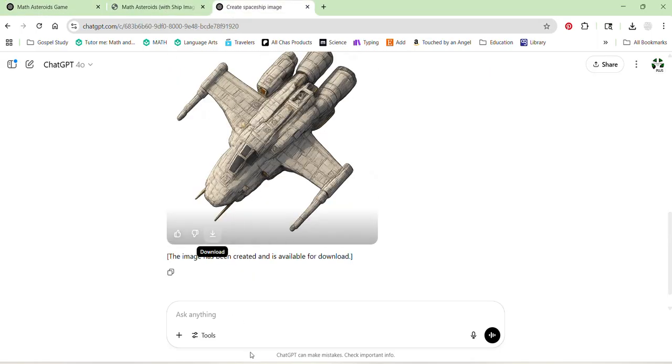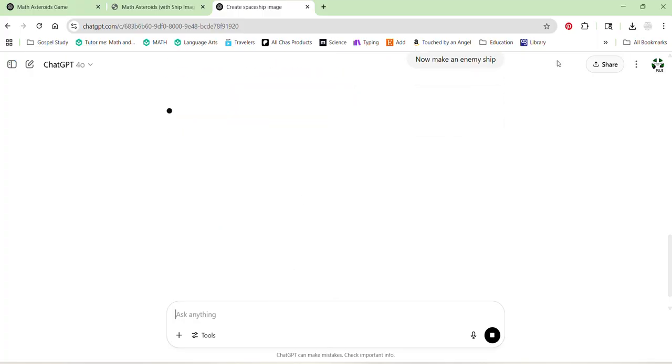In the meantime, too, I'm going to say now make an enemy ship. I don't know what it's going to think an enemy ship looks like. We'll just see what it does. Also, what I'm going to do now